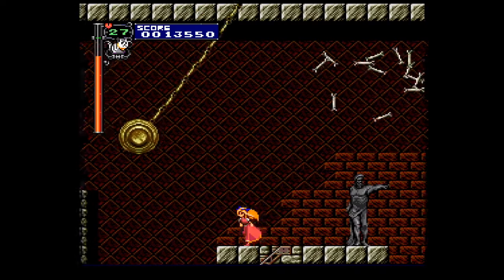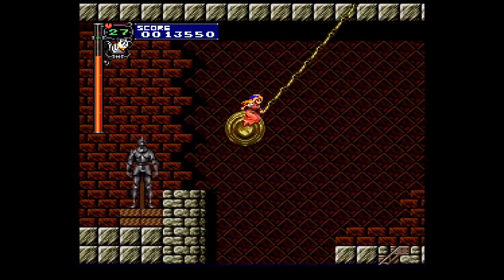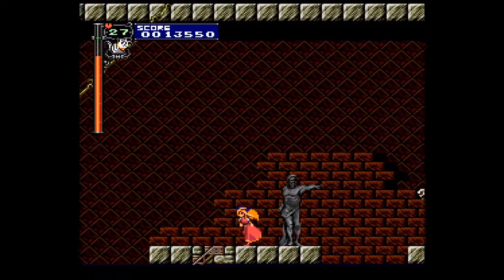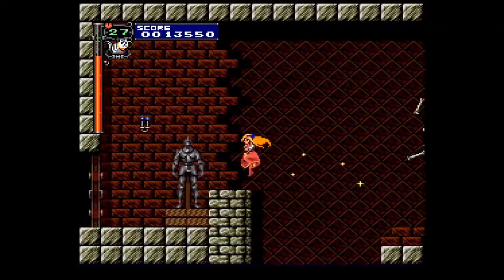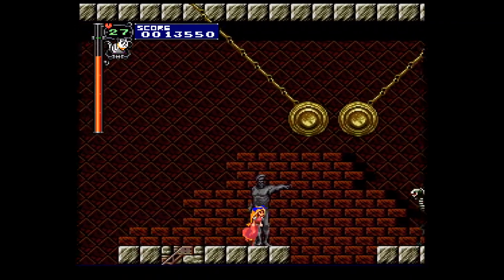And we are back to where we were with these annoying enemies. So apparently Richter has to go right and ride the pendulums. Maria can just jump across. So yeah, that's a little broken. But just to show where the pendulums go,